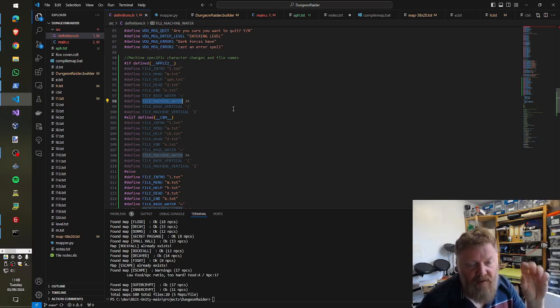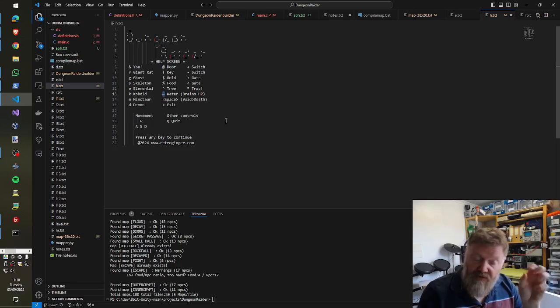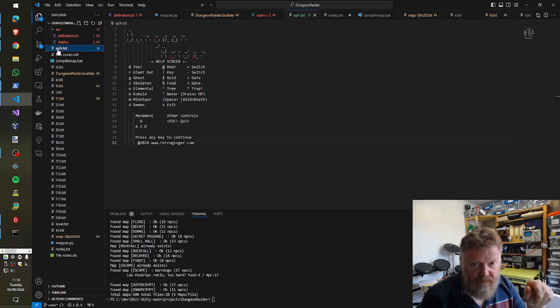Also, there are differences on some of the intro files, some of the text files that are used for display. So the help screen is like this, and that's the normal baseline help screen. So you can see here the tree is fine. Water is the tilde. Okay, so when that gets displayed on the Apple, it was displaying it as a tree, which is not great. So what I've done is created an Apple specific version for that, and so